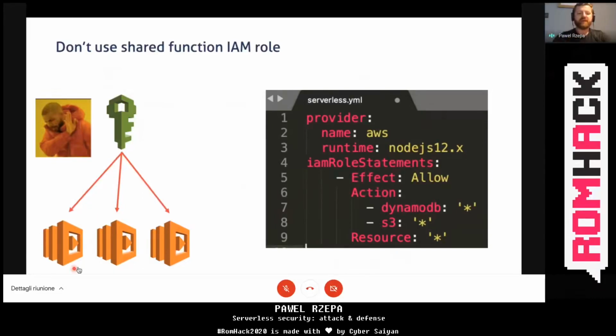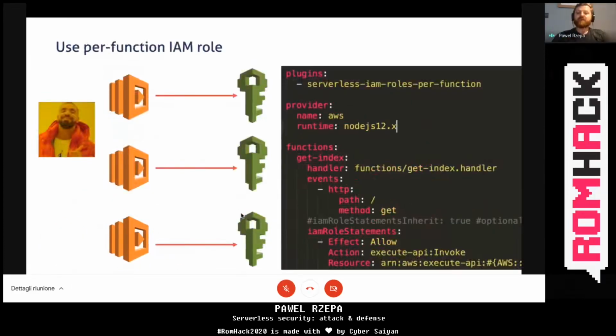Let's assume the left function really requires all those DynamoDB and S3 permissions, but the other two Lambda functions don't require them. If you use the Serverless Framework in the default configuration, you will create one role shared across all three Lambda functions. So if you compromise just one of them, you get a role with permissions that are totally not needed, but you were able to get those permissions.